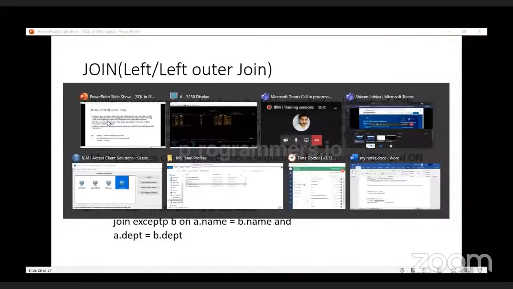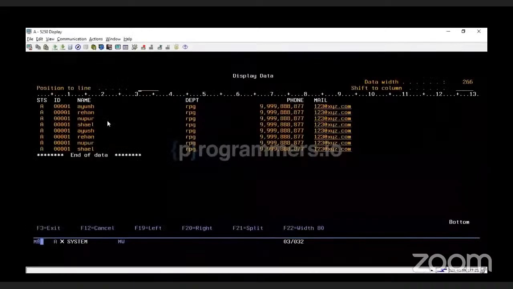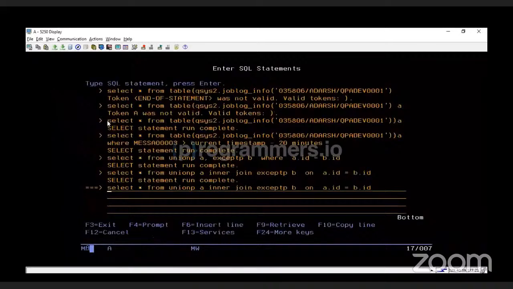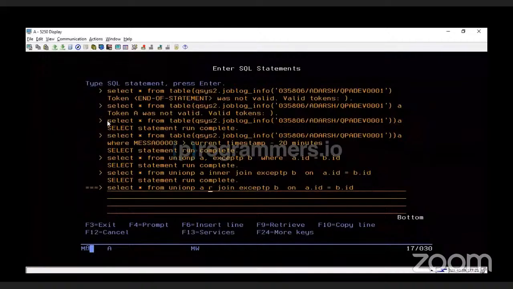The next will be the outer join. The outer join is the same as inner. So inner or outer is just a literal that is mentioned for a normal join. The relevant joins that we have are a left join or left outer, right or right outer, or inner join. Okay. For a left join,